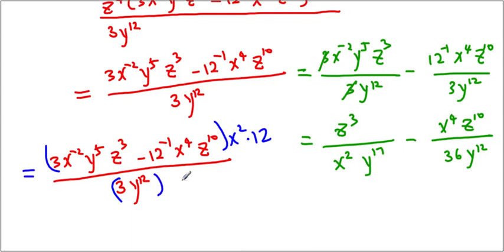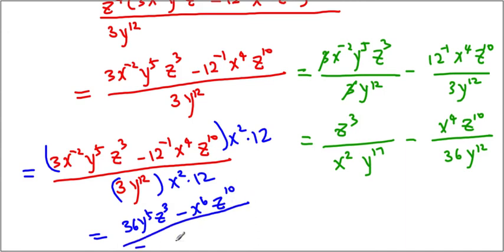But I have to do exactly the same thing on the other side also. Here we get x squared times 12. Then let's see what we end up getting. X squared cancels out. Here we end up having 3 y to the 5th and z to the 3rd. But we have 12 multiplying, so in fact we get 36. For the second one, 12 cancels out, but minus x to the 6th, because 4 and then 2, and z to the 10th. All over becomes 36,